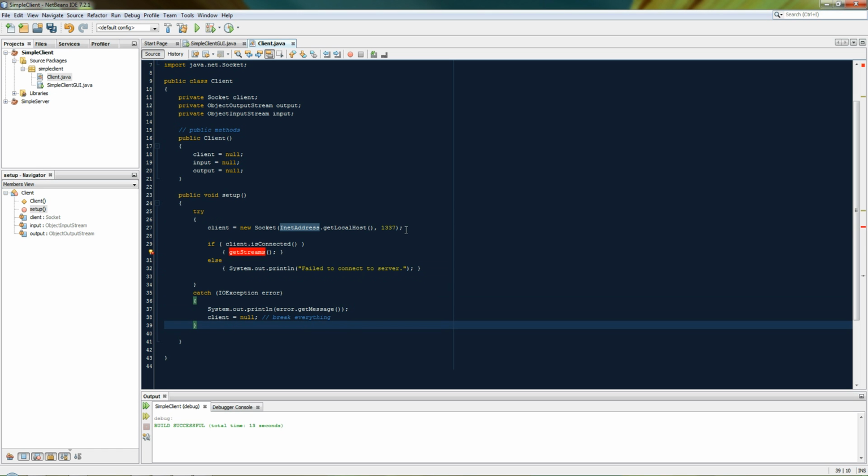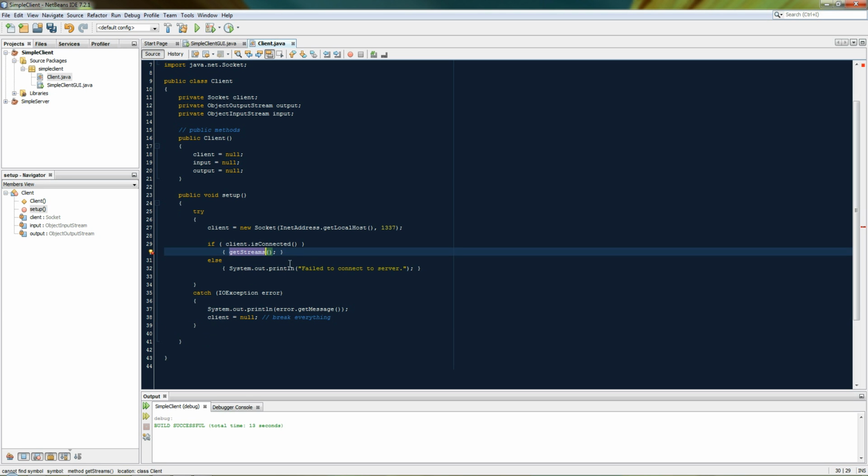So the port gets freed up and it doesn't cause future errors if you're trying to debug or anything. So it basically crashes and burns everything to make sure that later on your life will be easier. So now that I finished setup,